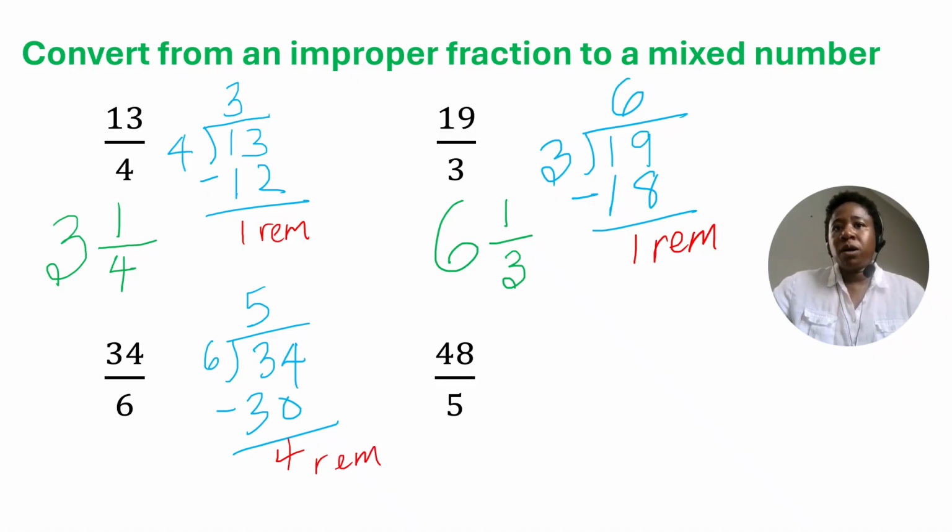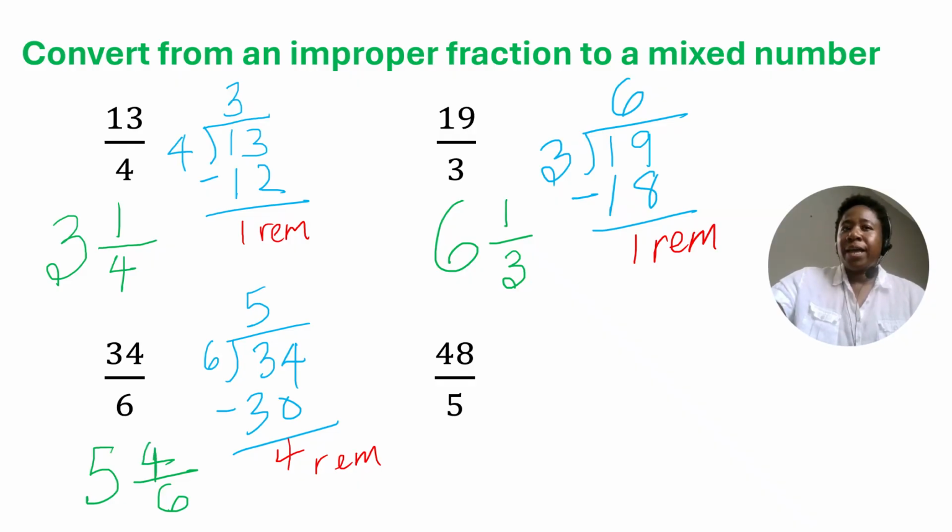The whole number component, how many times can we get the denominator from the numerator? And we're told that here, 5 times. The denominator remains unchanged, and the remainder is the new numerator. And this fraction we could simplify it if needs be. All right,